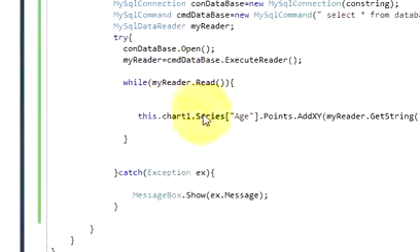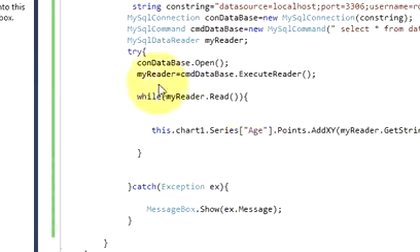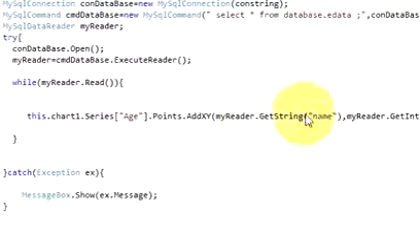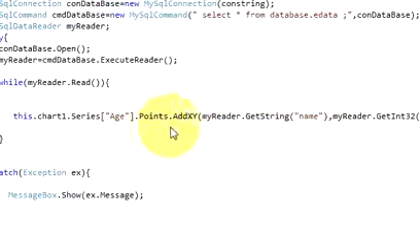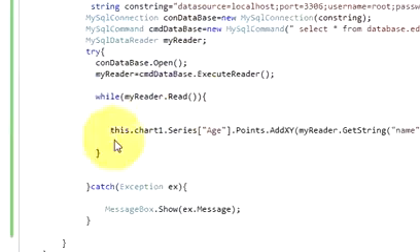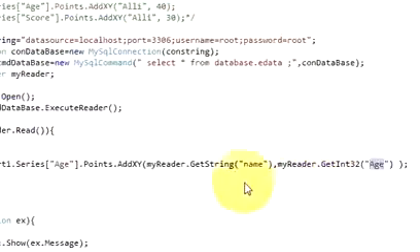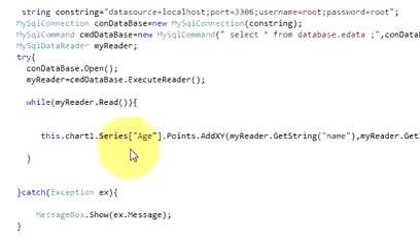Okay, so basically we are running this in the loop, so it will go through every row and put it into your chart, right? So it will keep on reading until the table completes. So if you want, you can just copy the code from here. I think the screen is not capturing the whole code, but you know what to do. Okay, so just pause the video and copy the code, and let's try the